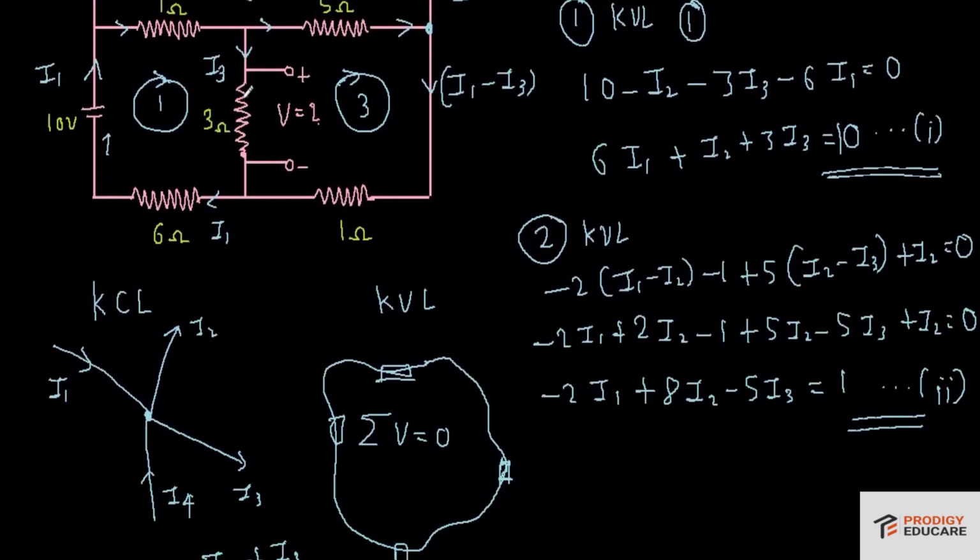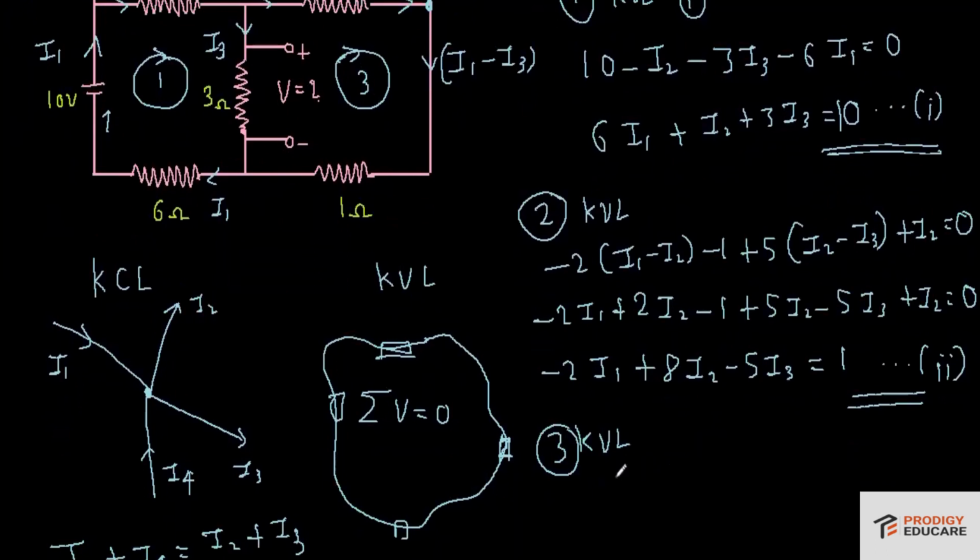First of all, we'll be starting from this resistor, which is the 3 ohm resistor. When we are going like this, we are opposing the direction of I3. So I'll write plus 3. I'll write here 3 KVL, that is, we are applying KVL on the third loop. Here I have 3 times I3.